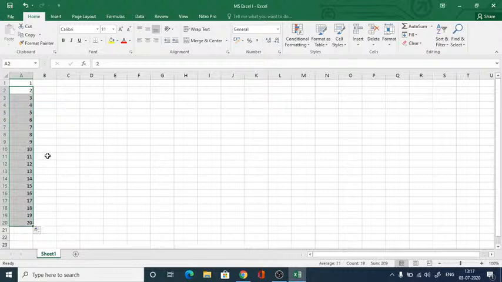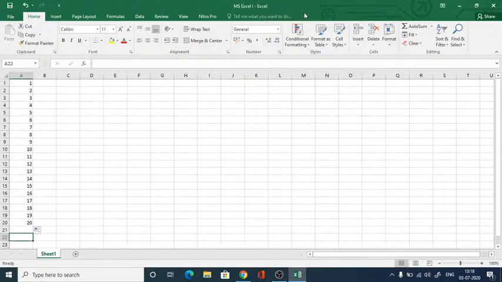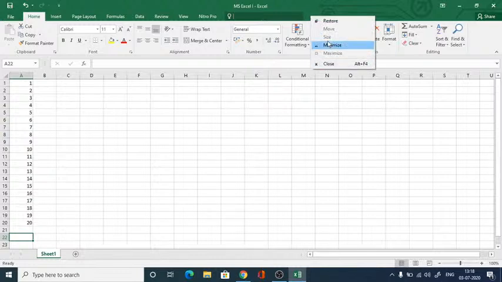Okay, auto-generated numbers. This is the autofill feature that I've used. Now suppose in this one here, I'm finding out the sum of all the numbers. Okay, I'll move here a little. Okay, wait. You must be able to see the